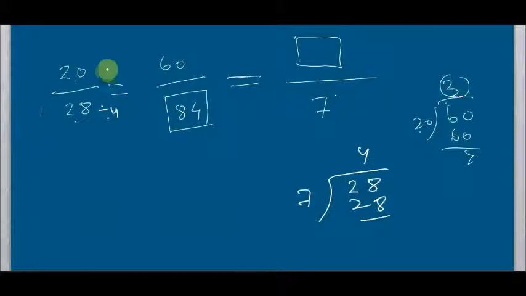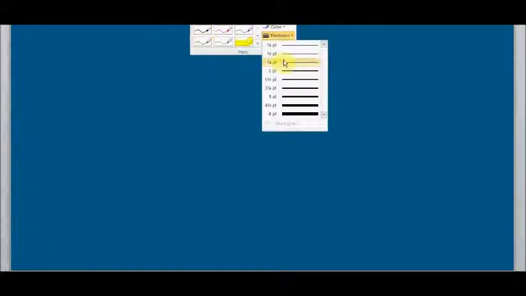Okay, so we will also divide 20 by 4. So what will we get? We will remain with 5, because 20 divided by 4 is equal to 5. There will be 5. Isn't it easy? Okay, so next we will discuss writing a fraction from the statement. Okay, writing a fraction from the statement.